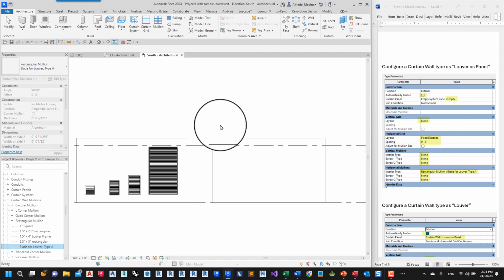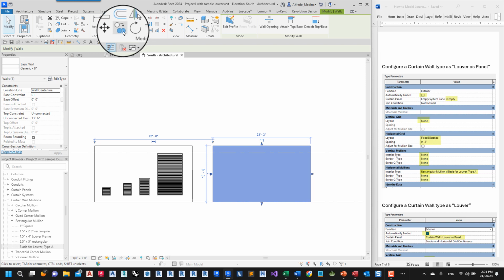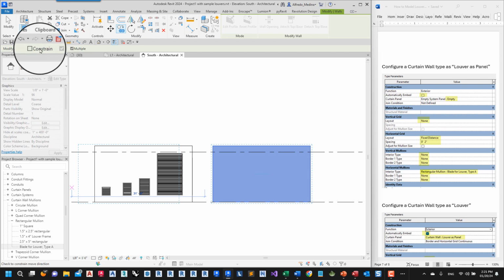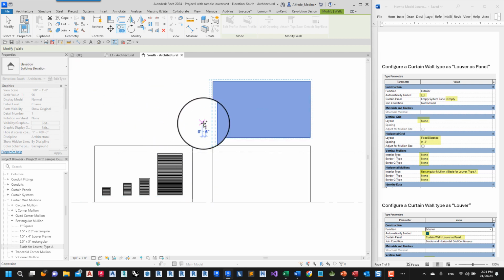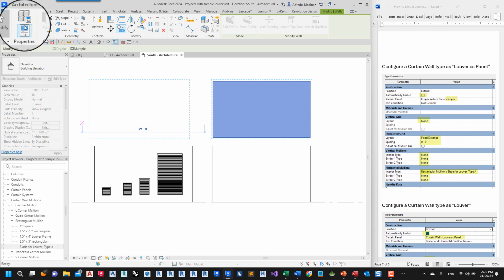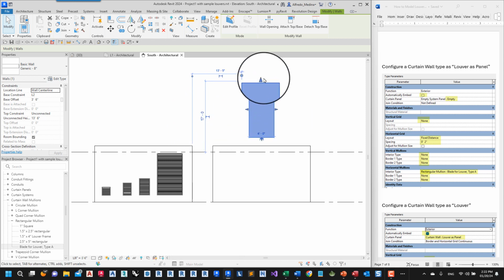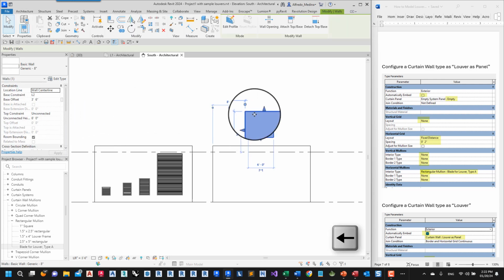To begin, we can copy this wall. I'm going to copy this somewhere here, and maybe reduce this to be 6 feet and maybe just 6 feet tall, like this.